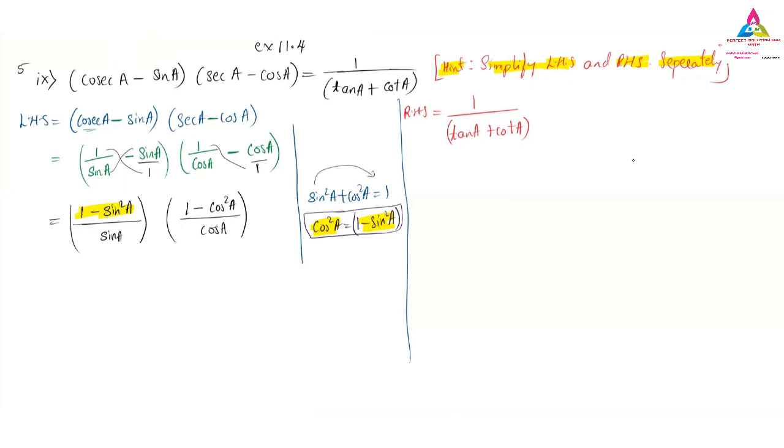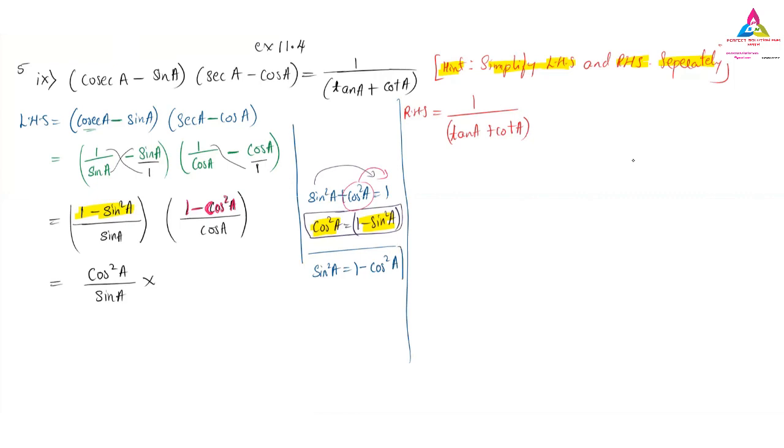So I will substitute that value here. This is nothing but cos square A divided by sine A, with sine A in the bottom as it is. Next we have the multiplication. Similarly, this time I will shift cos square A instead of sine square A, because here we have 1 minus cos square A. I will shift cos square A to the other side, and one more formula we get: sine square A is equal to 1 minus cos square A.